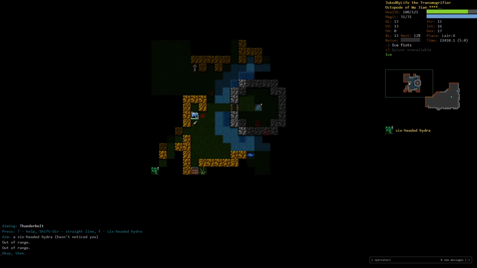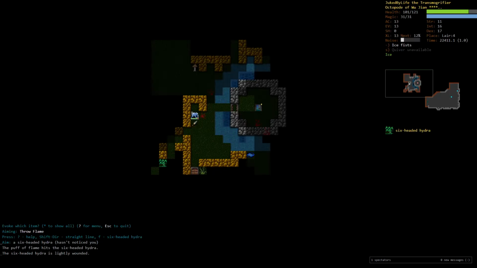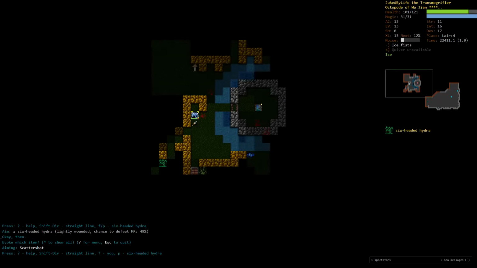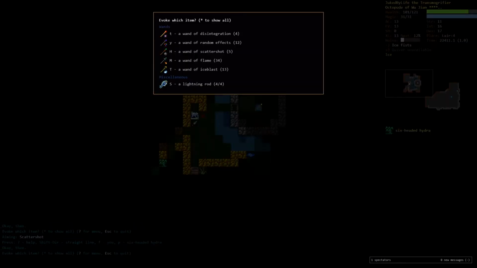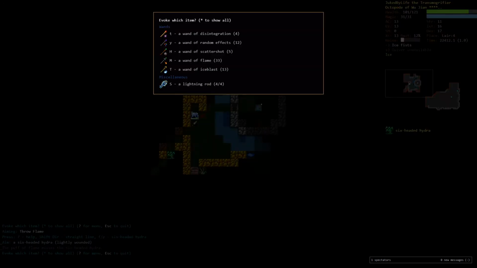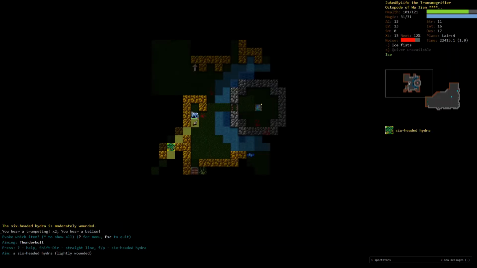Out of range. Can I zap it with a wand of flame first? Okay, let's try this lightning rod. Wait, is it still out of range? Still out of range. So we'll do another wand of... You know what we could try? We could try a wand of random effects since I'm on the stairs. You know, let's just do another wand of flame. Okay. Oh, I should have done Ice Blast. Okay. Lightning Rod. Is this...